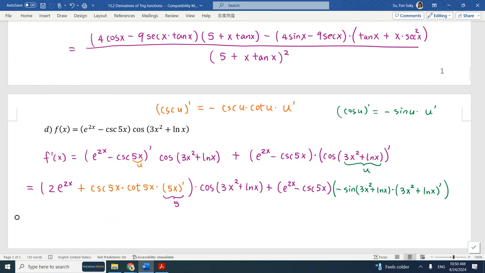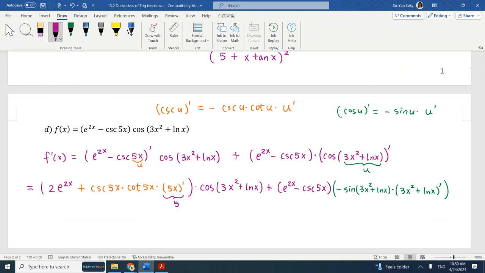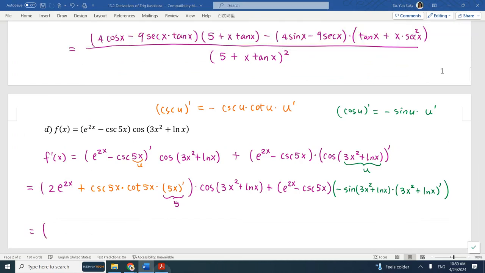Okay, so let's continue and copy it one more time. So 2e to the 2x, don't need to change anything. And then do you see here, this is the 5. Usually we like to move the constant multiple in front of the function. So let's move the 5 in front. Then we have 5 cosine x,